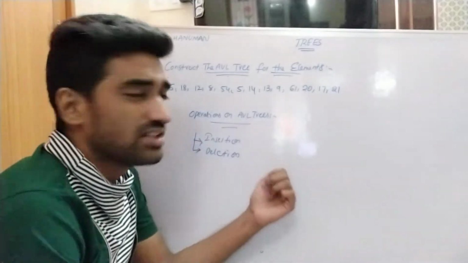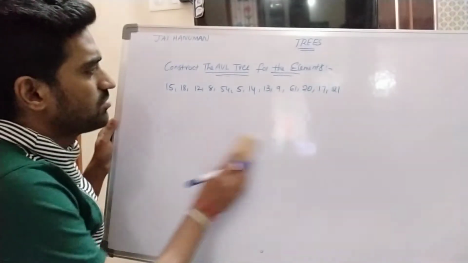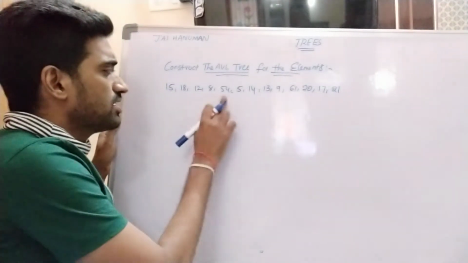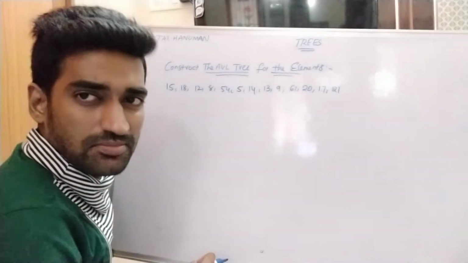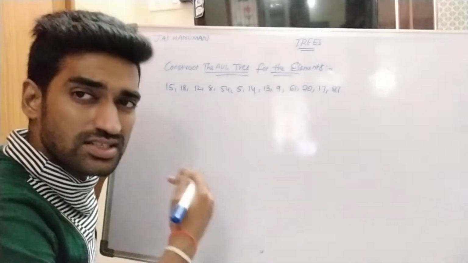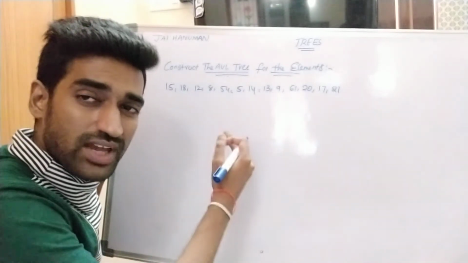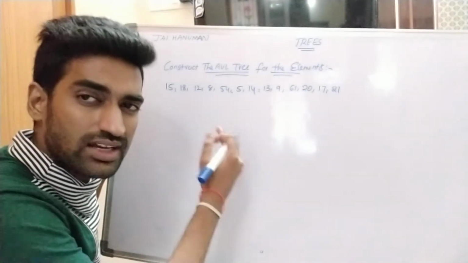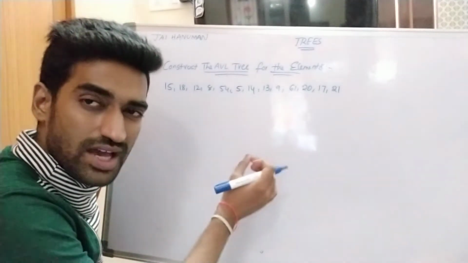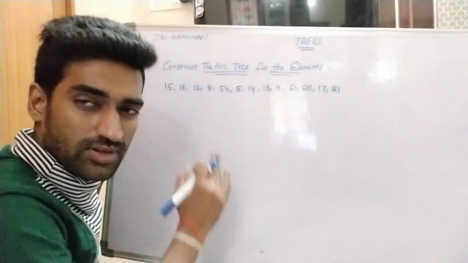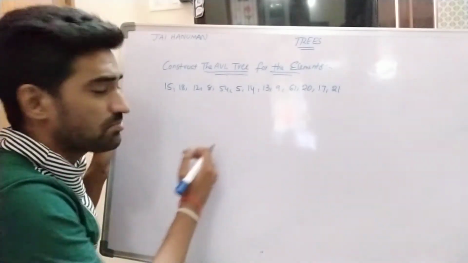So we are discussing the operations one by one, right? So here, what is the first operation? Insertion operation, right? Here I am taking one example. I am considering these elements, and based on these elements, I am constructing an AVL tree, right? At each and every step, we compulsorily check two properties: whether the tree is a binary search tree or not, as well as whether the balancing factor for each and every node is 0, 1 or minus 1. If any node does not have a 0, 1, minus 1 balancing factor, we immediately apply the rotations, right? So we can construct the AVL tree in a step by step manner.